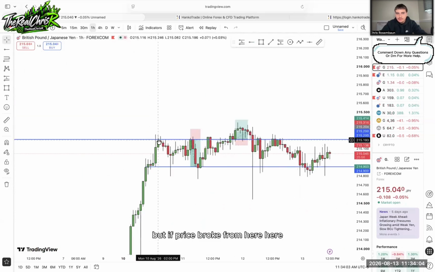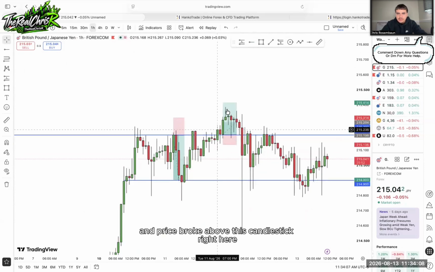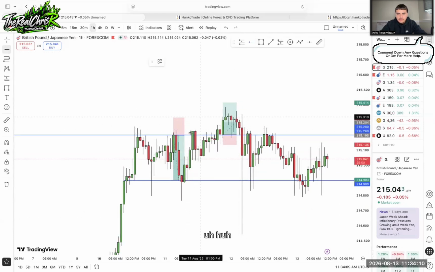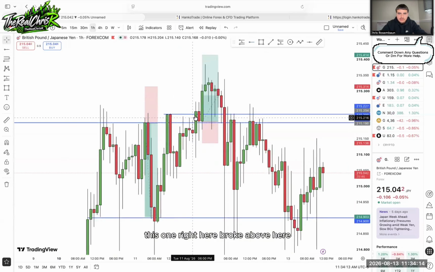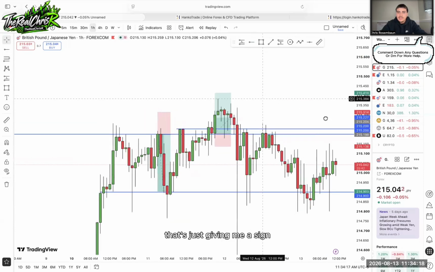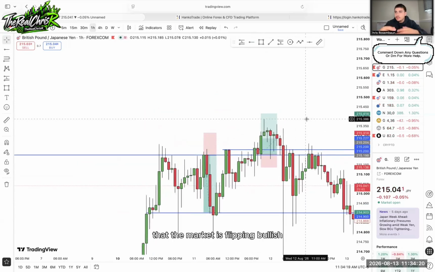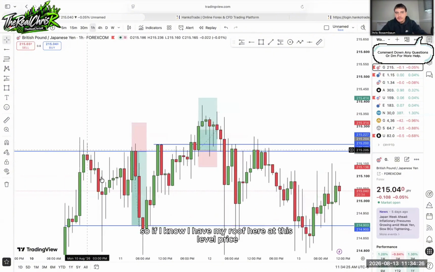But if price broke from here, here, and price broke above this candlestick right here, broke above all these previous structures, this one right here broke above here, here, and here. So that's just giving me a sign that the market is flipping bullish and that I'm going to be looking for buys. So if I know I have my roof here at this level